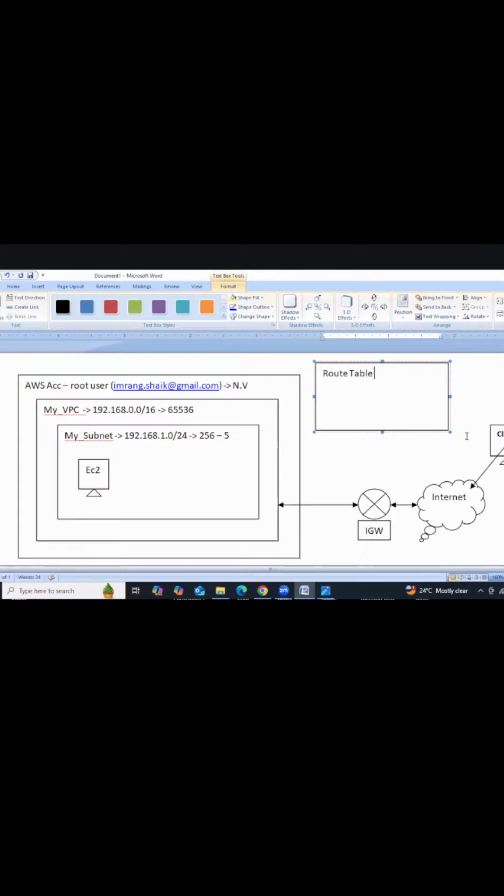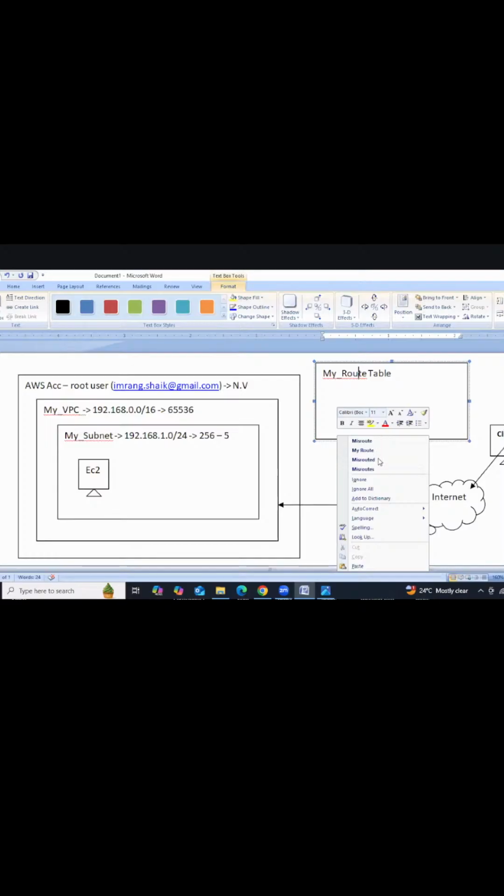Got it, guys? So inside this route table, what do we need to do? This is one route table. I'm creating my RT, meaning my route table. Inside this my RT, what we need to do is associate it with the IGW.